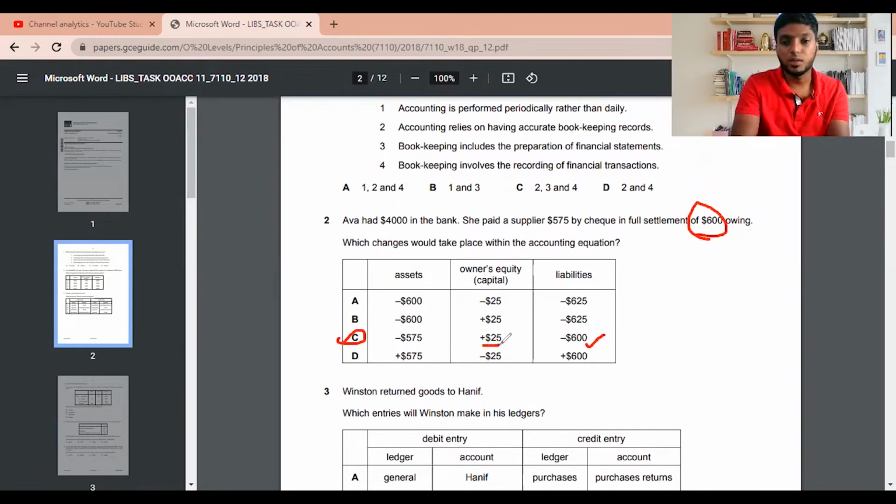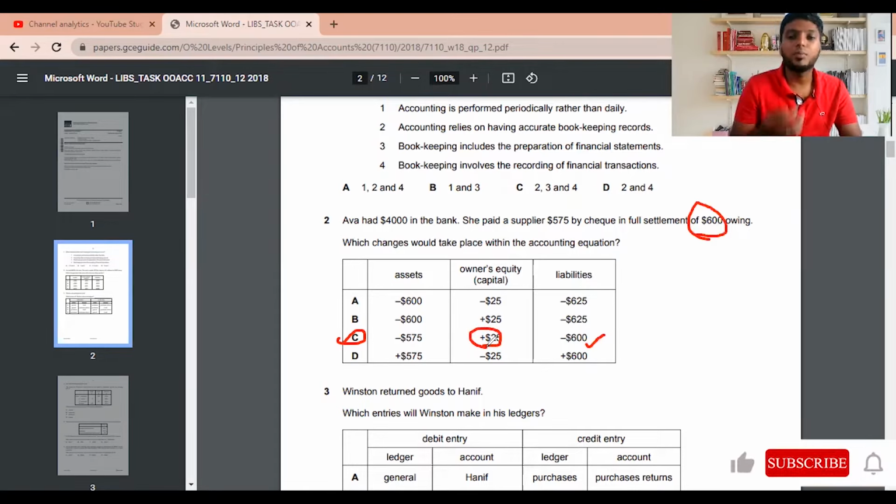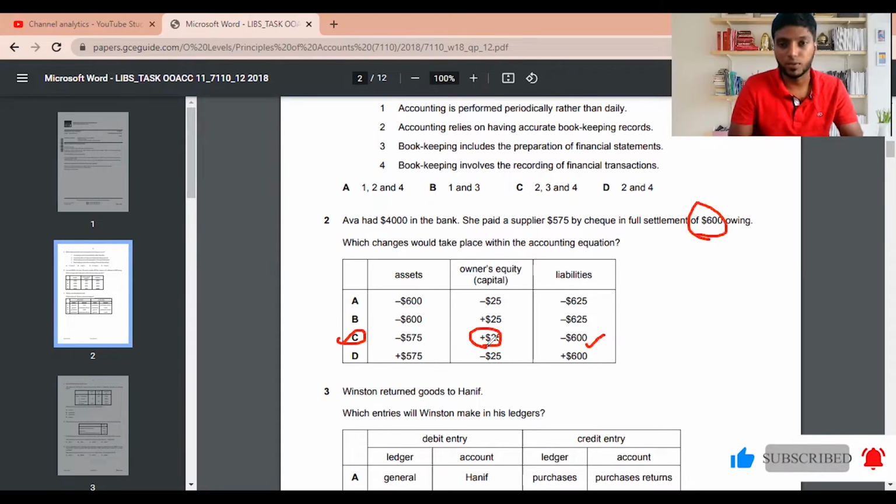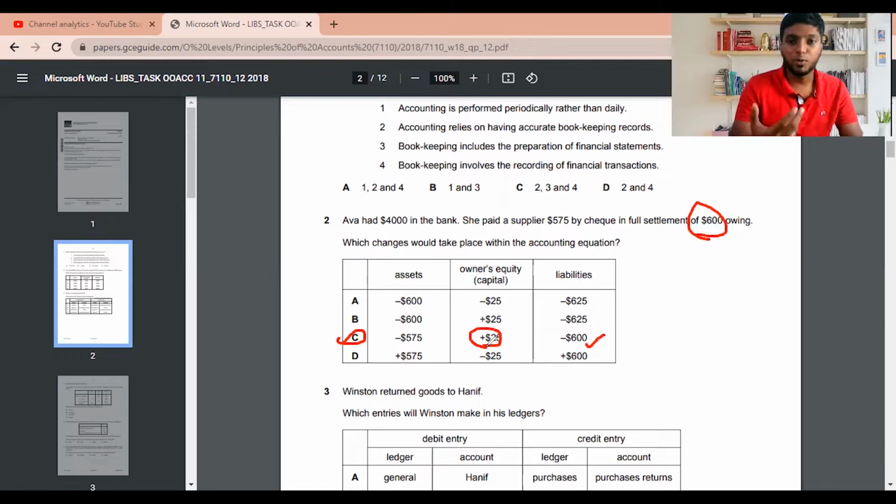It will become a plus mark. So the first way I found this answer, I didn't go that deep. I only understood the basic concept. If I pay 575 from my books of accounts, my asset will decrease by 575. And if my asset is decreasing, in which terms? In bank, my amount will decrease by 575. So when I found that, my answer is already there, and I explained how minus 600 and plus 25 work. If my explanation is very fast, play it slow, so you will get it in a more accurate manner.